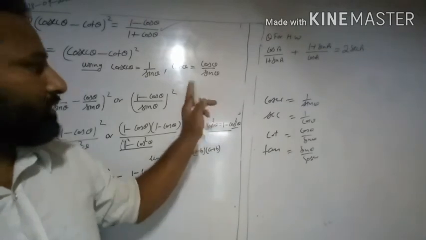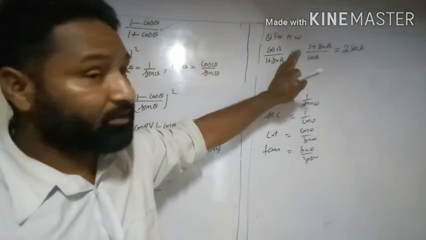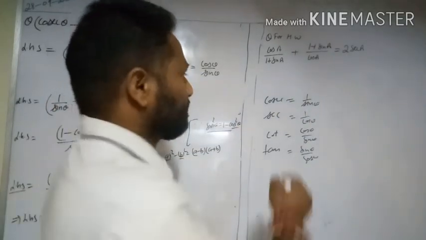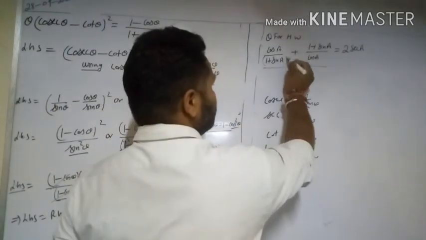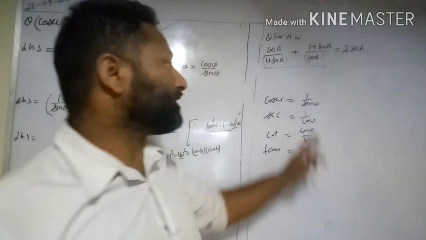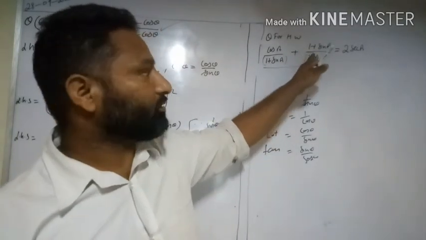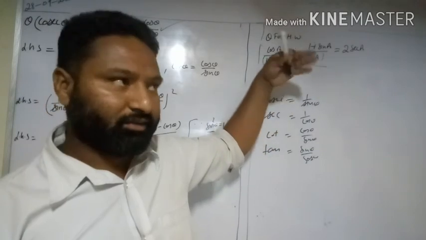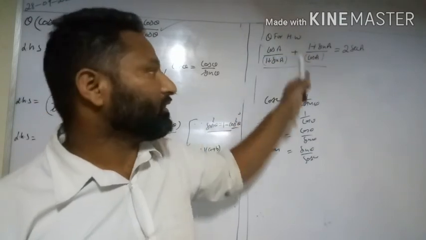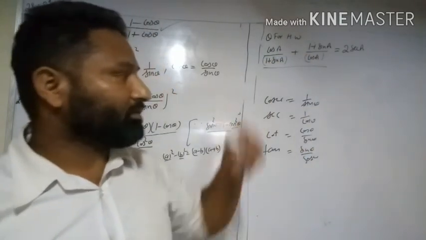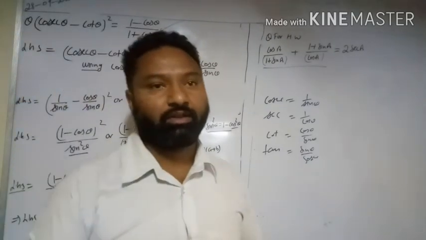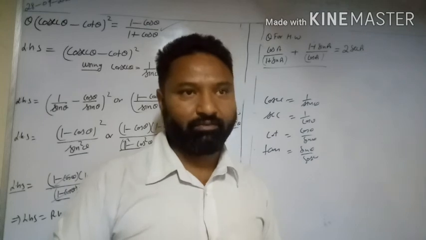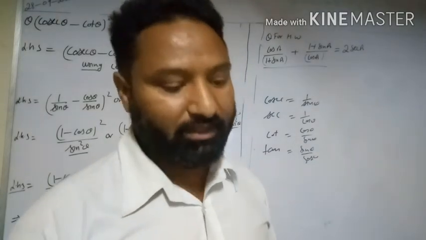So on the basis of this concept there is this question, but in this question be careful that all things are in sine and cos theta. So we have to take the left hand side and then take the LCM. After the LCM, you have to open the brackets and use the trigonometric and algebra formulas, then you will get the answer. So try these two questions which I have given to you as homework. If there is any difficulty, then tomorrow I will definitely explain all these questions in one more video.